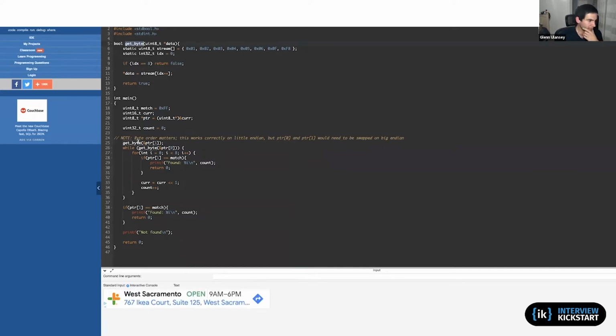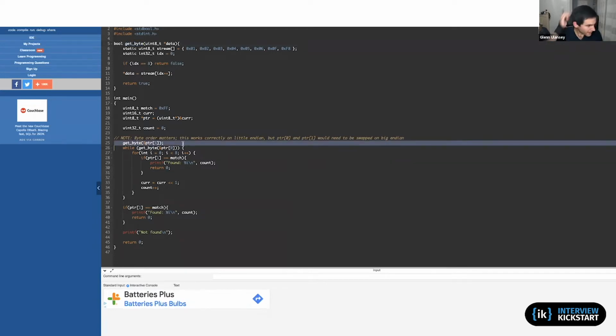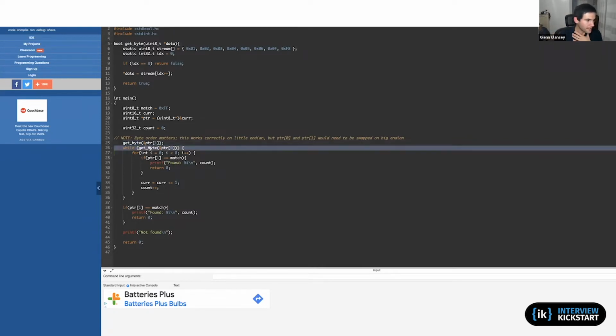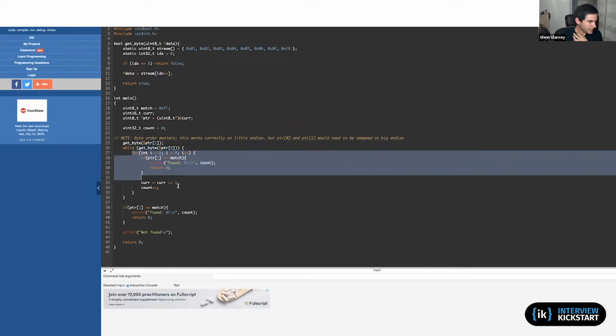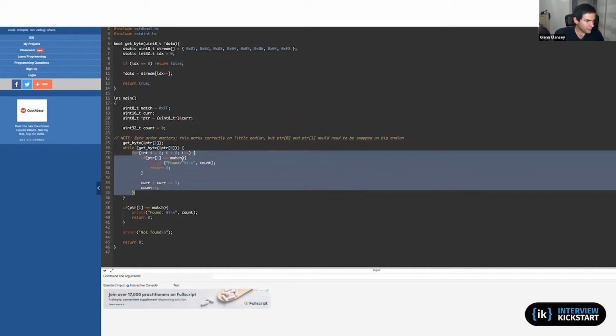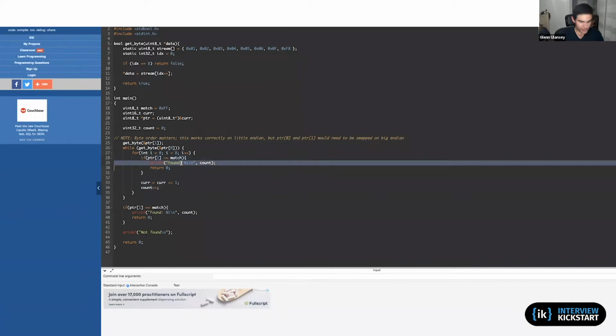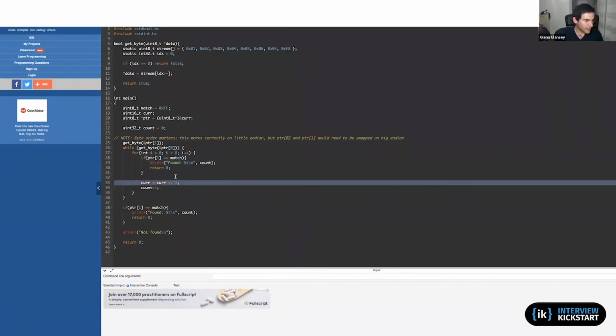So let's look at this code a little bit. First, I call get byte. I plop it into the first entry in my array, index 1. And then in a loop, I will plop the next byte into my array. In other words, I have 16 bits worth of storage space. First, I get the second set of 8 bits, then I get the next 8 bits. And then for each entry, I check, are these a match? If they are a match, great, I return the count. If they're not a match, I shift over my 16-bit memory by 1 bit and then perform this loop again.